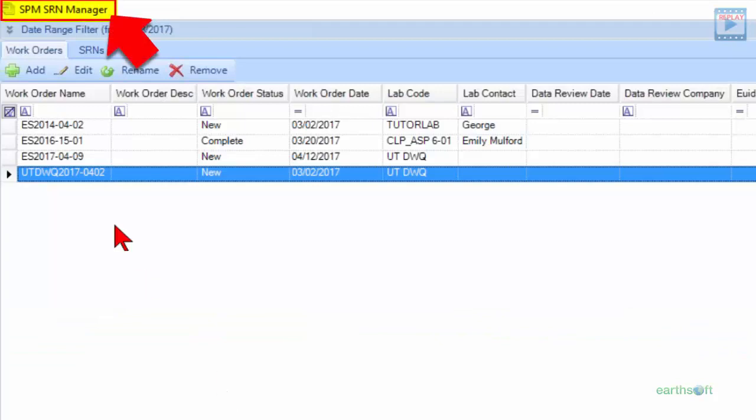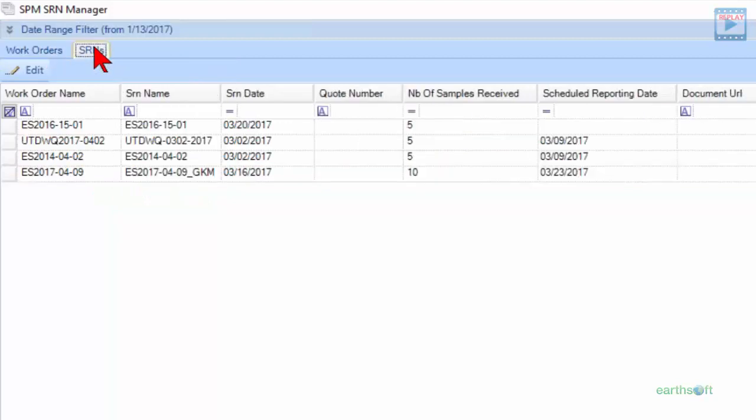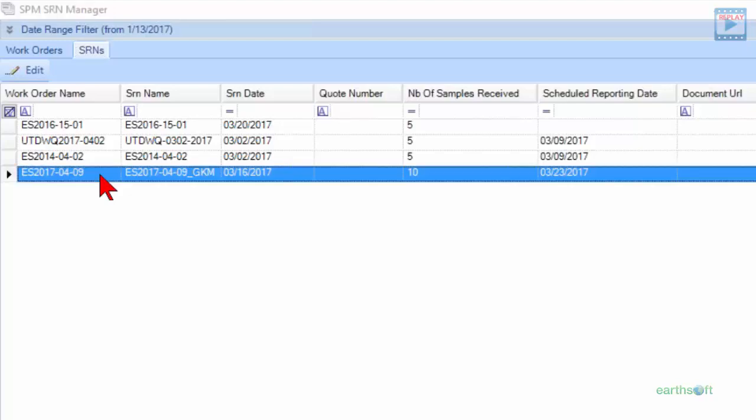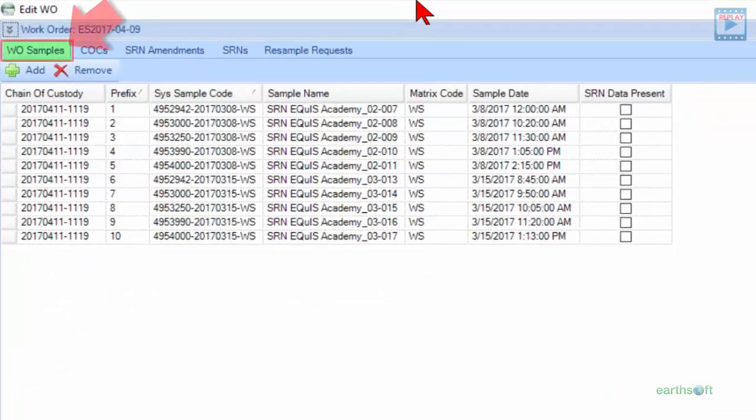And the SRNs are organized by work order or laboratory SDG. And you can see we've got a handful of work orders that have already been recorded here, as well as some SRNs that are related to those. Now, remember what I said, you don't necessarily have to have an SRN that tells you bad news. You can certainly log information in your SRNs about your samples just arriving, the condition upon receipt and all that kind of thing, and just call it good. Just sort of as closing that loop so that you know all of the conditions